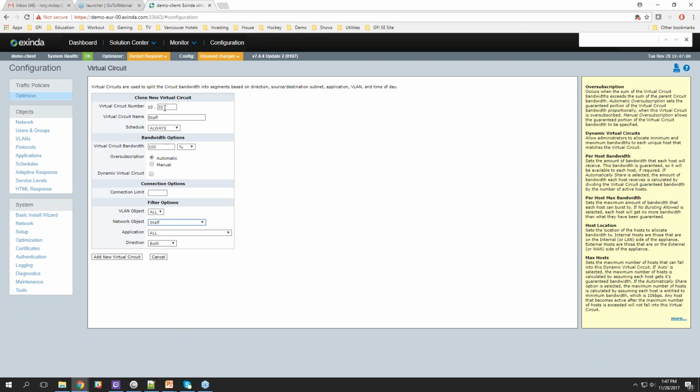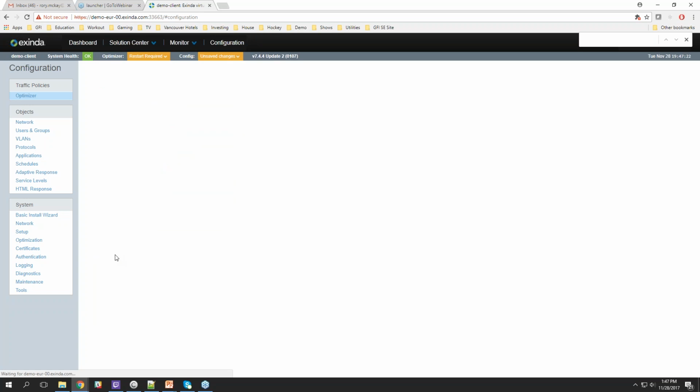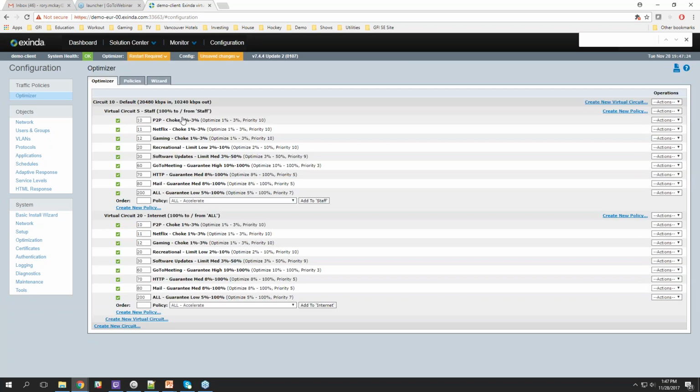Now, because it shares the similar characteristics of an access list, and the other virtual circuit is for all, I'm going to put this above that, so I'm going to give it a number of 5. So now I have a virtual circuit completely separate from the other one for staff specifically,